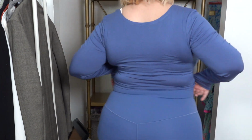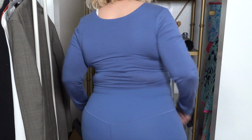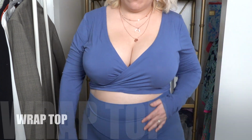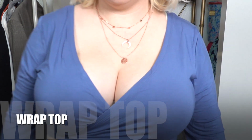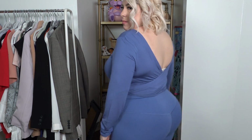So I bought the bootcut leggings, and I bought the wrap top, and it's kind of a wrap top. I really like it, and you can wear it either crossed in the front or you can turn it around and have it where the higher neckline is in the front and then the cross in the back. And then they also have some sports bras that look really cute and would look really cute with it that